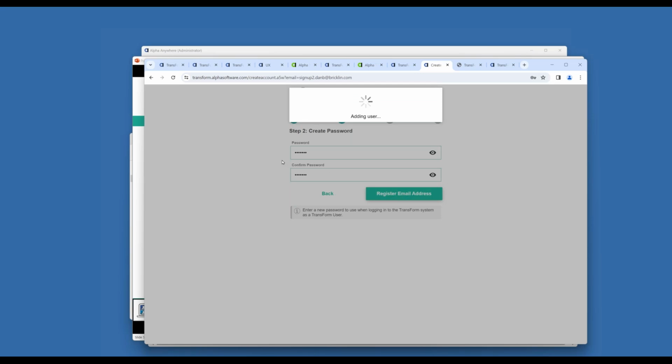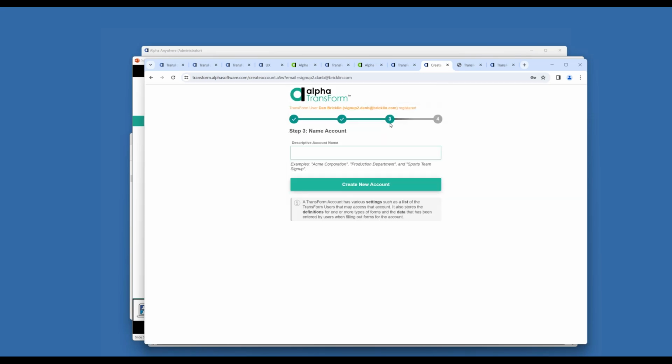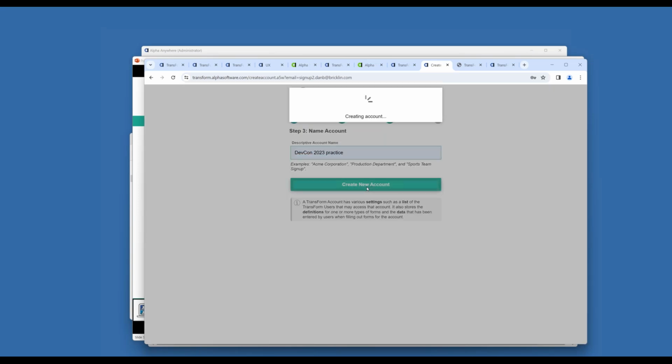And now I've added a new user. And so it's showing you it isn't very much to do. Let's give it a name. DevCon 2023 practice. And then it tells you there are other things about an account. What is an account? It has settings, so I have to create an account. And then once it's created this account,